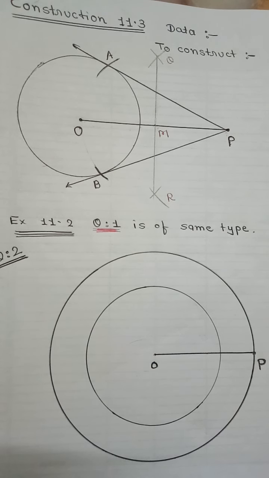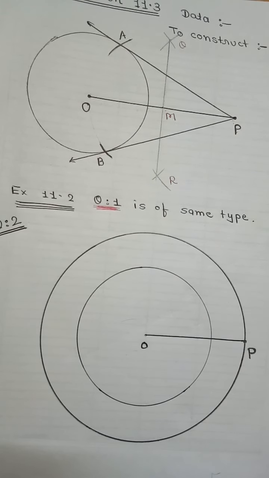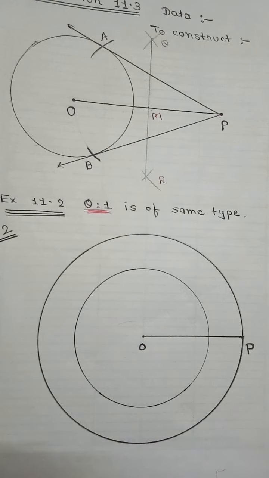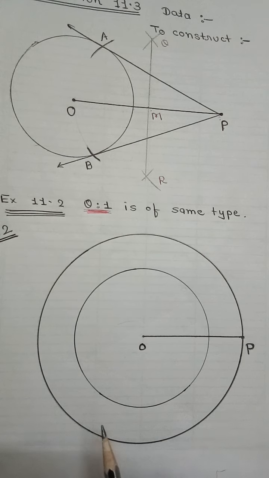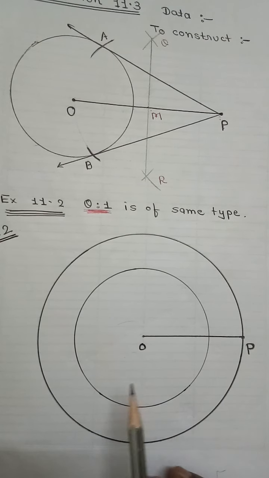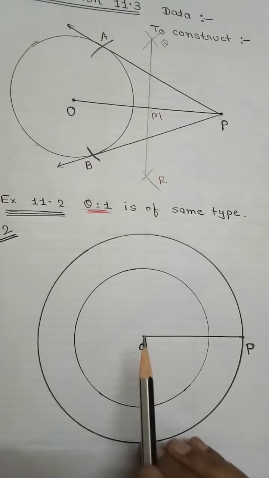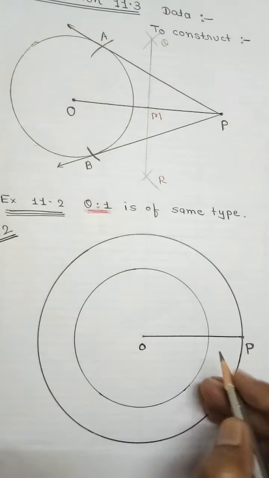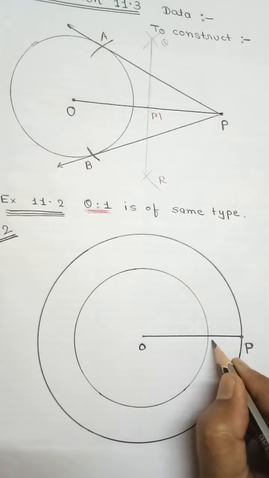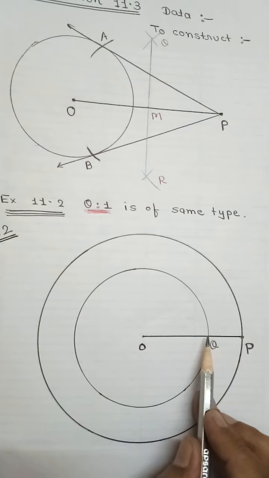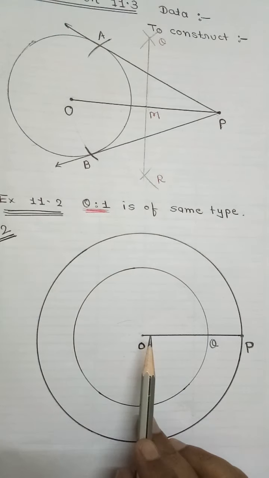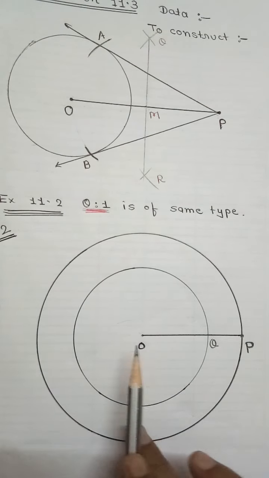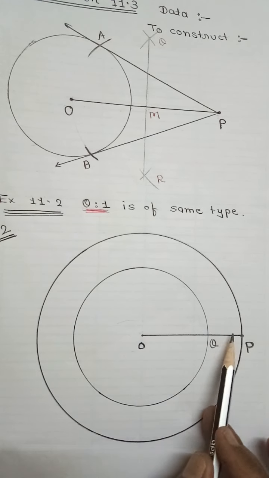Now here we will first of all construct. Now concentric circles are given. You have studied this last year. What is concentric circles? Two circles with same center but different radius are called concentric circles. So already I have drawn two circles. So this first circle, suppose if I am writing here any point Q, then OQ is of 4 cm and OP is a circle with radius 6 cm. So concentric circles are the circles with same center but different radius.